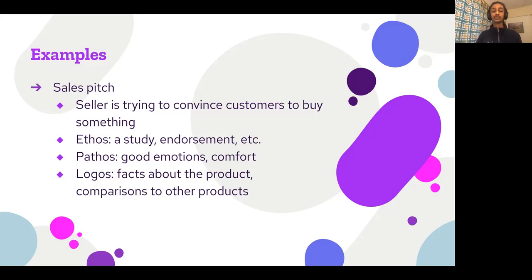You would use pathos here by showing pictures of smiling people with their family standing next to the car. And you would use logos by saying how much fuel does it consume, how fast does it go, and essentially how much does it cost. You would also compare your car to other different cars. Like the car down the street, it only goes this fast versus my car only goes this fast. So essentially, you're trying to use all three of them, ethos, pathos, and logos, if you're trying to convince the